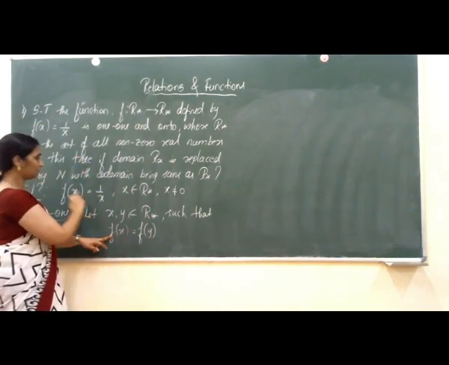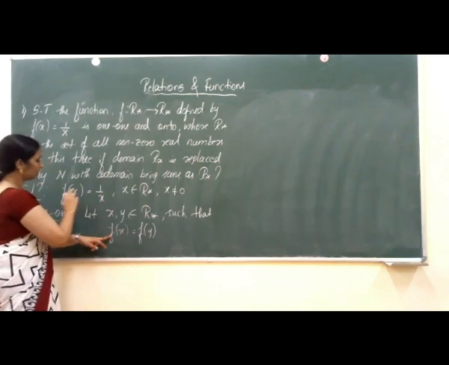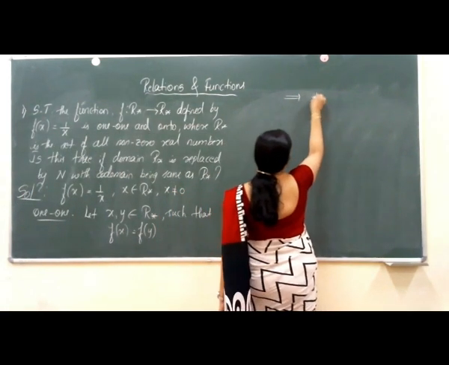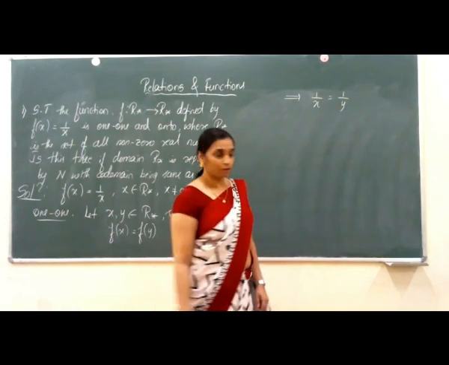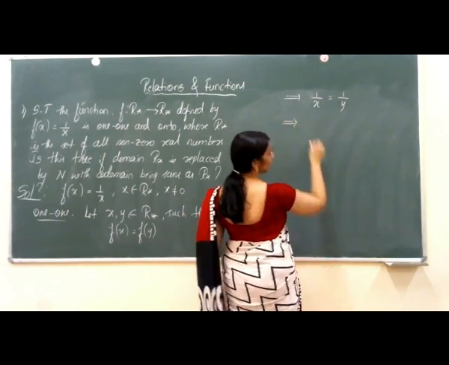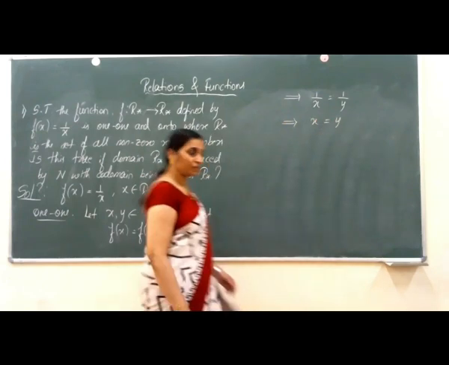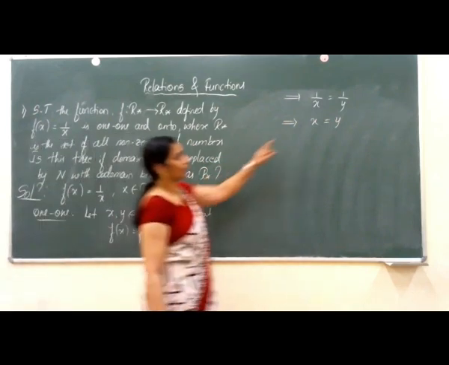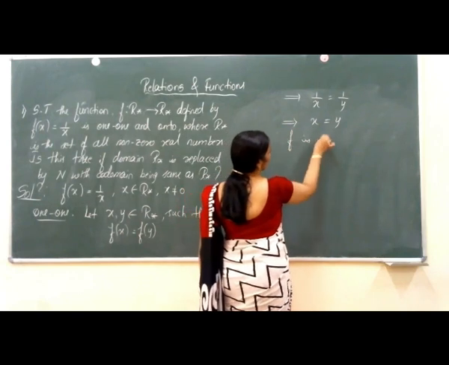f of x is 1 by x. So here I write 1 by x, but what is f of y? Replace x by y. So that implies 1 by x is equal to 1 by y. But when we cross multiply or simplify that further, this is nothing but x is equal to y. We are considering f of x is equal to f of y and we are getting x equal to y. Therefore, f is